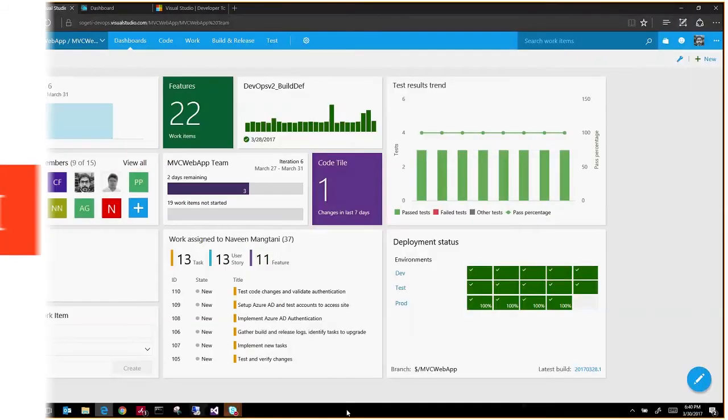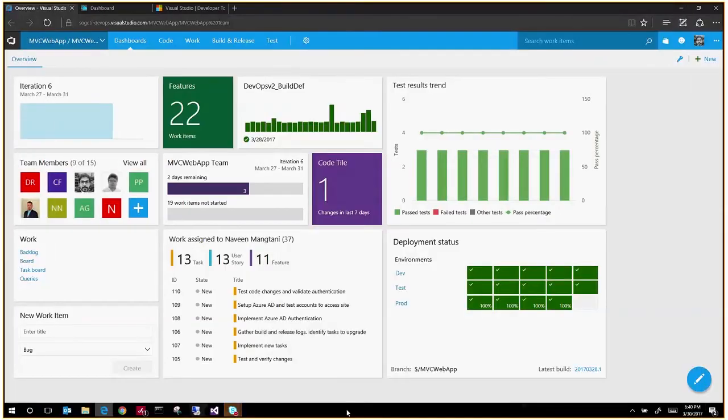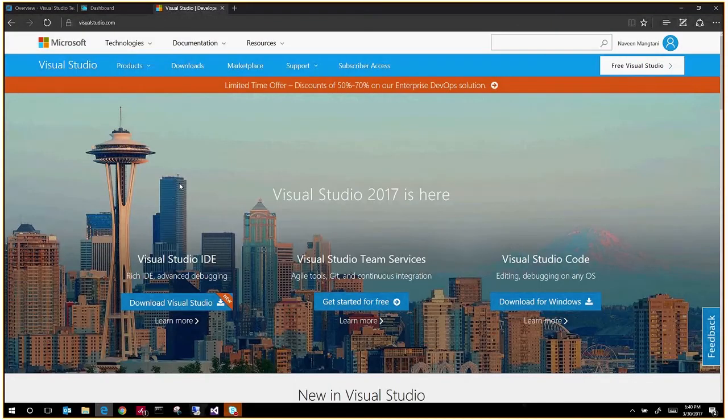So what we see on the screen right now is the dashboard for the Visual Studio Team Services. Now, how do we get up to the point where we can have a dashboard like this? So from the beginning, I would start: you need a Microsoft account, preferably with an MSDN subscription, which allows